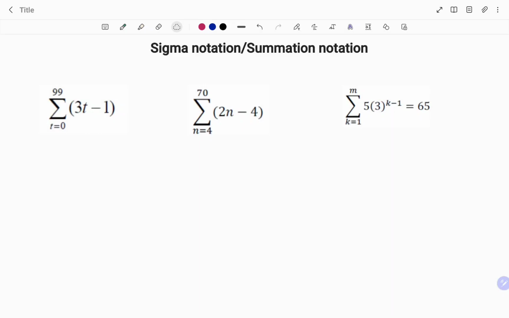In this video, I'm going to show you how to evaluate the following sigma notation under your number sequence or